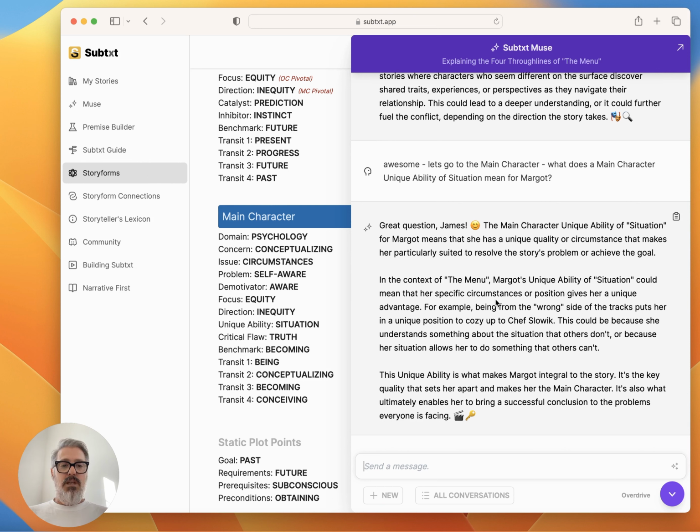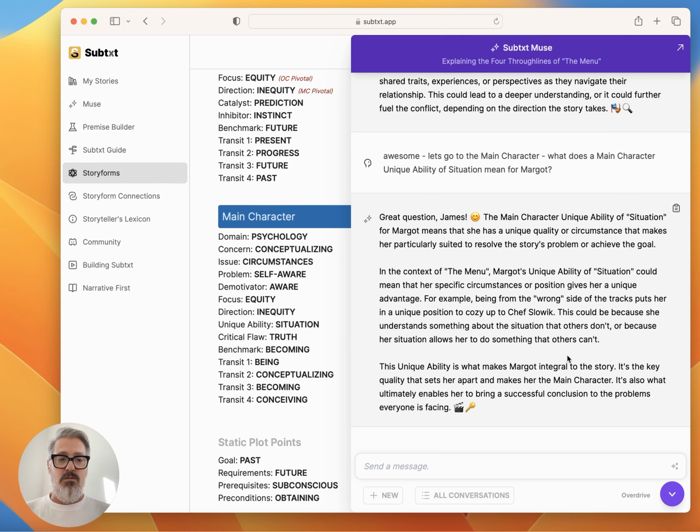In the context of the menu, Margot's unique ability of situation could mean that her specific circumstances or position gives